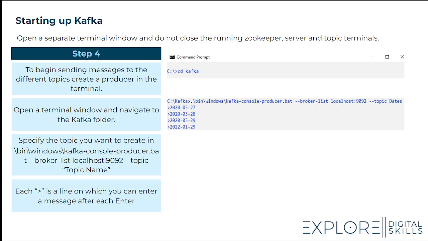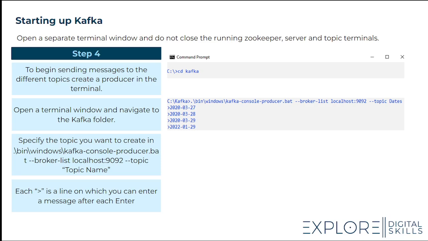We're also going to do something really cool in terms of the producer. We're going to send some messages as well. So from this folder, or if you open up a new one, you would need to cd into the Kafka folder, and you would then enter this particular code,